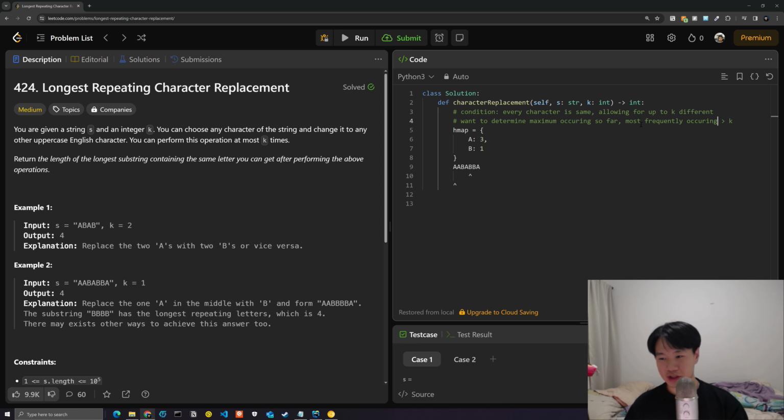Oh yeah. So basically, for right minus left, we can count the amount of characters that are in the sliding window so far. So let's say 1 2 3 4 5, and then what we can do is subtract that with the most frequently occurring amount. And the reason why we want that to happen